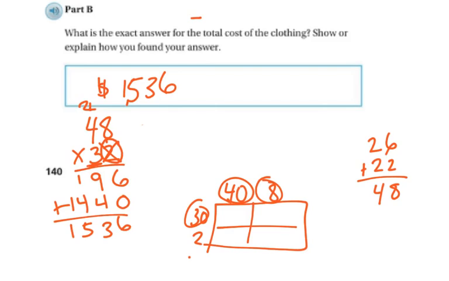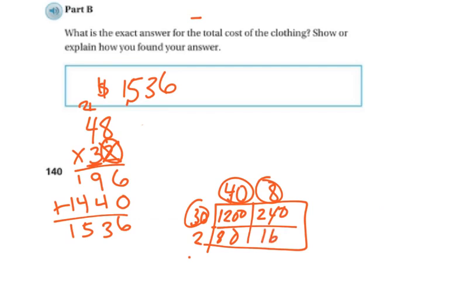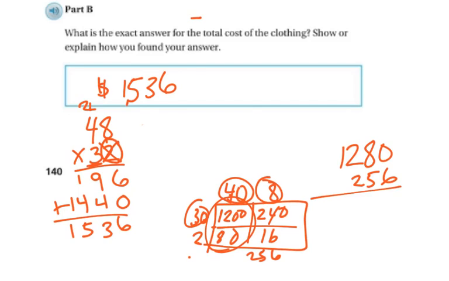$1,536. And again, if I were to do it with partial products, 30 times 40 is 12 with my 2 zeros. 30 times 8, well, that's 24 and my 0. 2 times 40 is 80, and I get my 0 on my problem. And then 2 times 8 is 16, so now I have my partial products. I've got 1,200 on this side, 240 on this side right here, and on this side I've got 6, 5, 2, 256. Add them together, I get 8, 9, 10, it's 13. And that 2 and 2 is 4, plus 1 is 5. So I get the same exact answer,